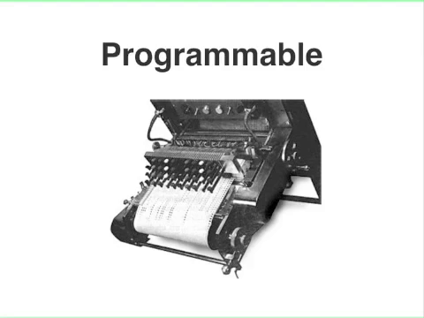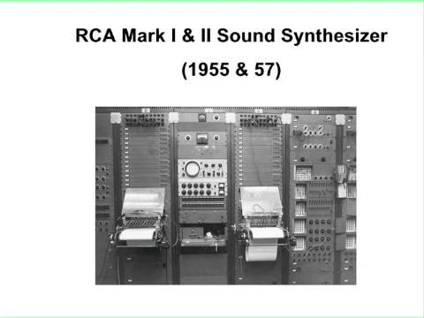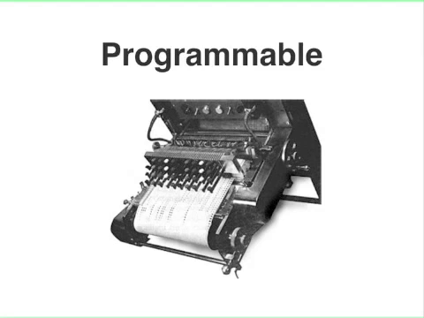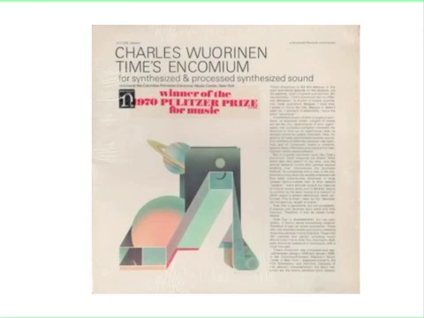So this is a technology that had been around for a while, but in this case, the scroll was read and interpreted by the computer, and the Mark One and the Mark Two also featured a sequencer, the first sequencer found in a synthesizer, and so it was quite popular with modern composers and